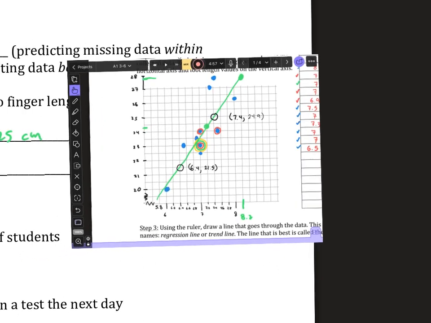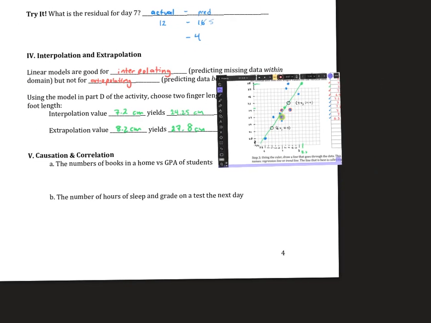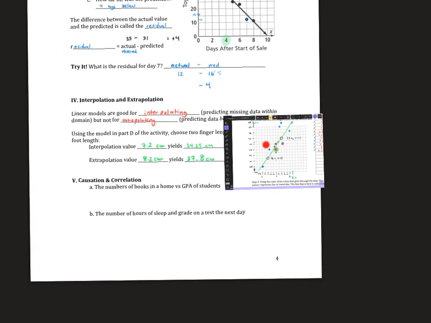So I would estimate 8.2 centimeters yields maybe a 27.8 centimeter size foot. Now, I just used my data here and my line there, although here we could have done the same thing with the actual